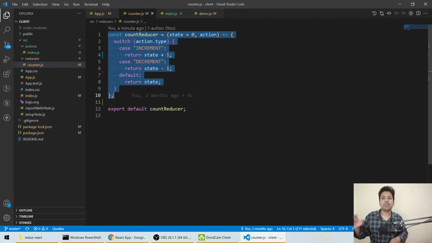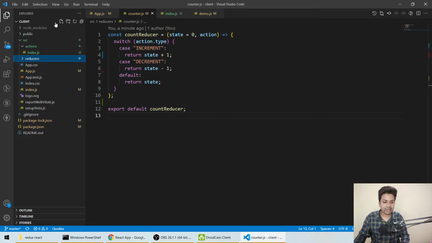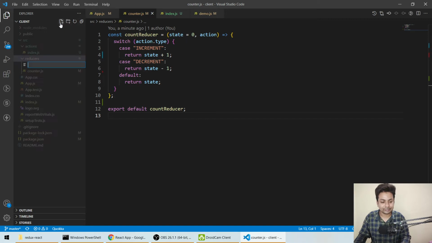So there can be multiple reducers. To overcome that problem, in reducers we'll make one file. For now I have only one reducer, but later I'll show you how to work with multiple reducers, because obviously if you work with Redux you have to use multiple reducers. Otherwise there's no use of using Redux.